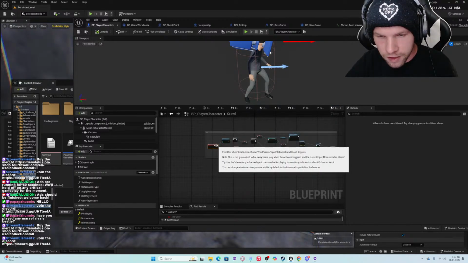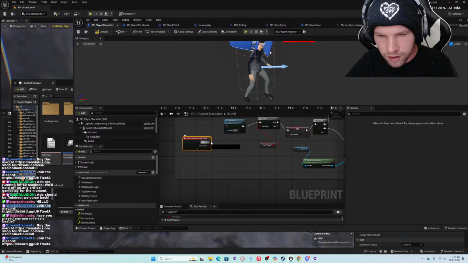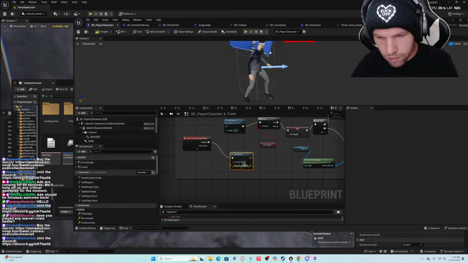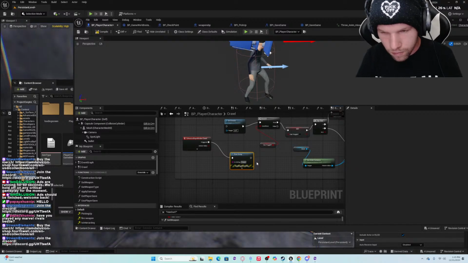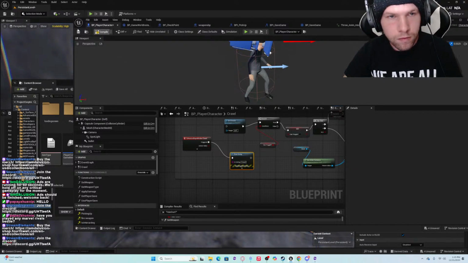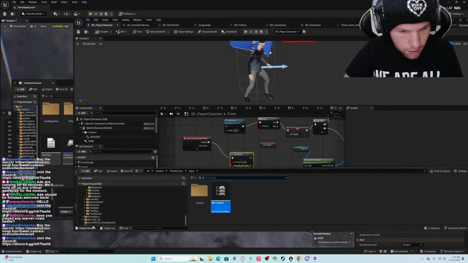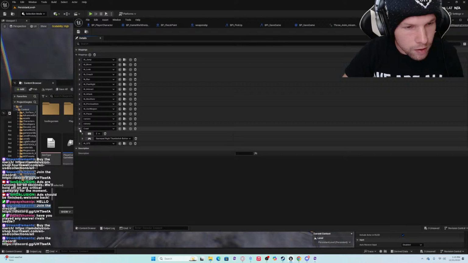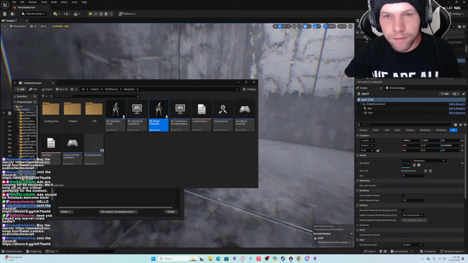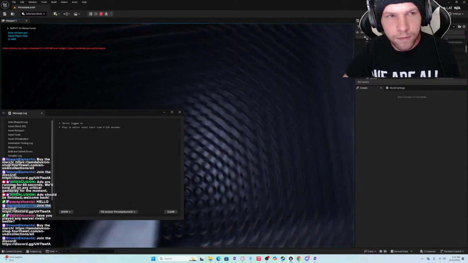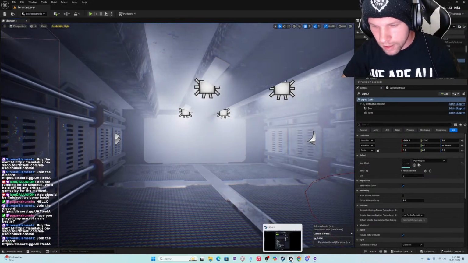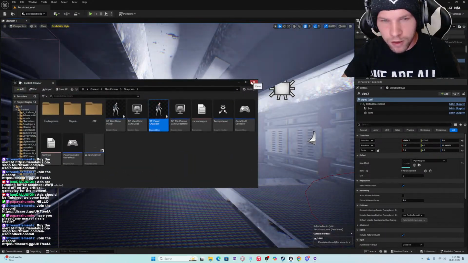Let's just do this. We'll just do a print string. What is our crawl button? Z. Okay, so let's see what happens. Does it just... Yeah, it just works. Cool. That actually might help a lot with organization.